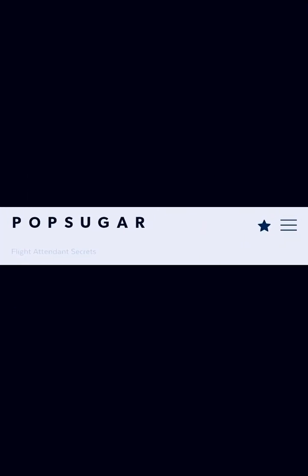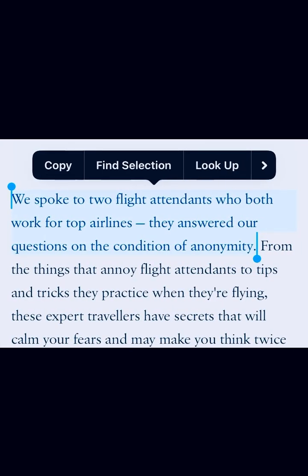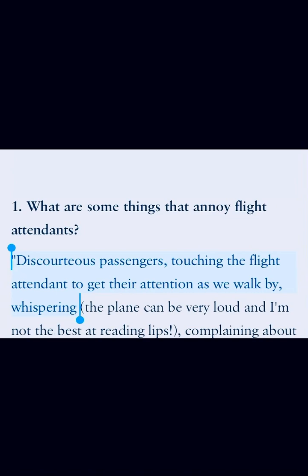Now, here is that special tip on what flight attendants do not like. They spoke to two flight attendants who both work for top airlines, and they disclosed that discourteous passengers touching the flight attendant to get their attention as they walk by. This is what annoys flight attendants. So if you are one of those that do that, make sure to keep that in mind the next time